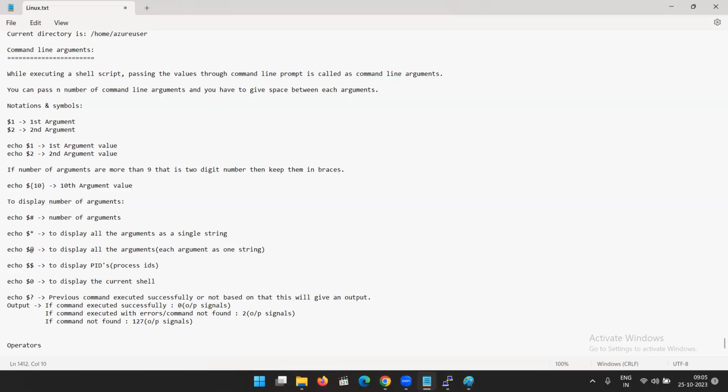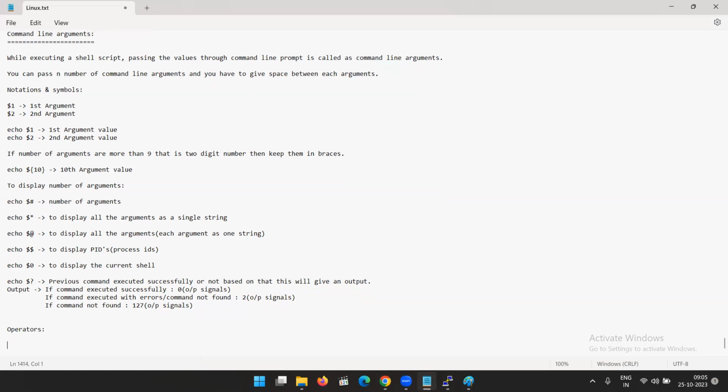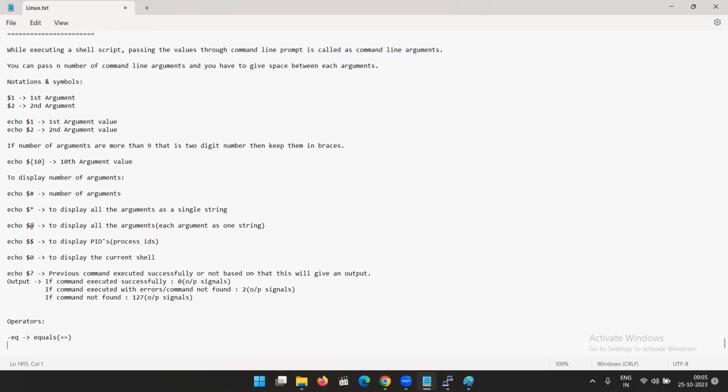Operators. This is very simple. Hyphen EQ is equals. And how will you represent equals here? Double equal. The system understands this; it will not understand a single equal. So double equal. Then hyphen NE is used for